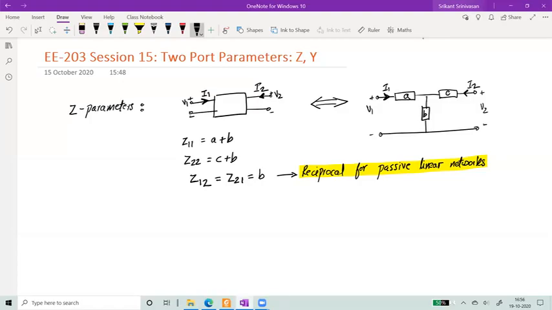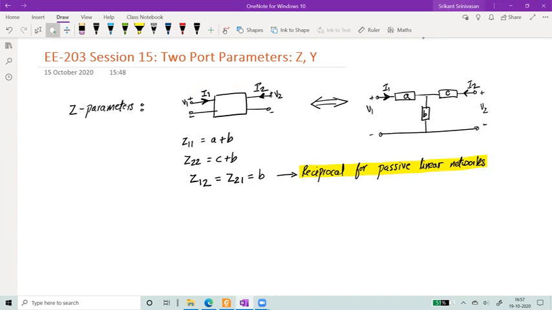Continuing with the two-port parameters, in session 15, we look at both impedance and admittance parameters. So these sessions will be a little lighter and not as heavy as the previous theory. We discussed already about the impedance parameters of a two-port network, where we said that any two-port network which is